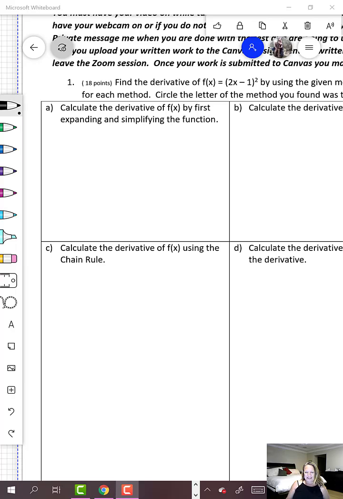We are now looking at test 1, part 2, the solutions. And so the first problem, number 1, f of x is equal to the quantity 2x minus 1 quantity squared. And we are, part A, saying calculate the derivative of this by expanding the function first. And so first we want to look at f of x is equal to